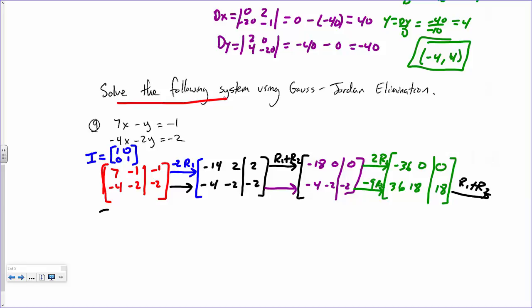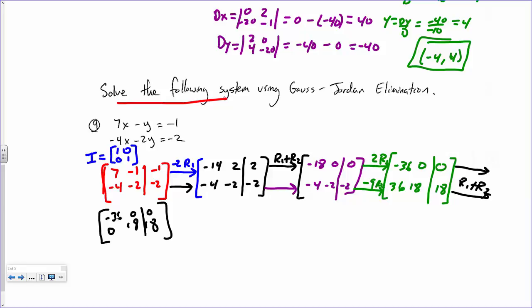And I'll come back over here. I'll keep the top row exactly the same. So negative 36, 0, 0. This row is now the 2 rows added together. So negative 36 plus 36 is 0. 0 plus 18 is 18. 0 plus 18 is 18. So I wanted a 0 on the bottom left and the top right, just like this one is, and it is. So now all I have to do is to get this top left to be a 1,